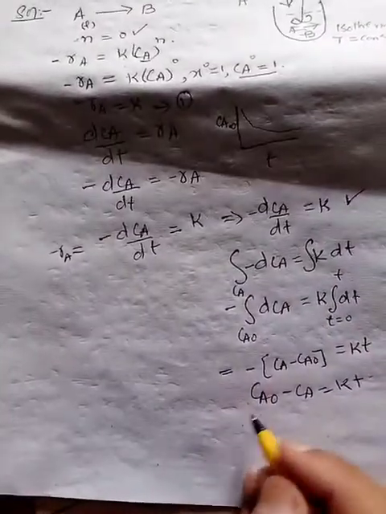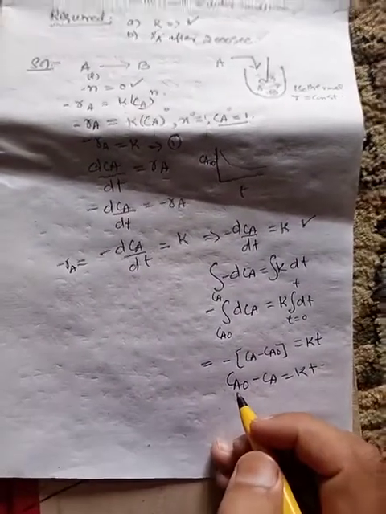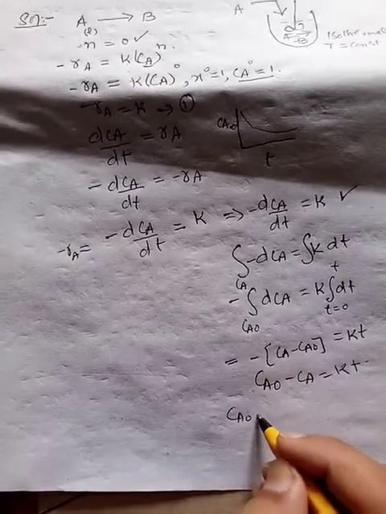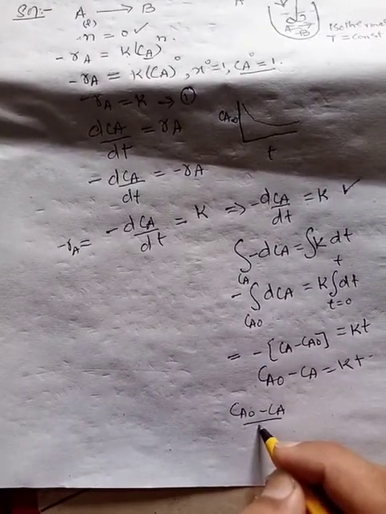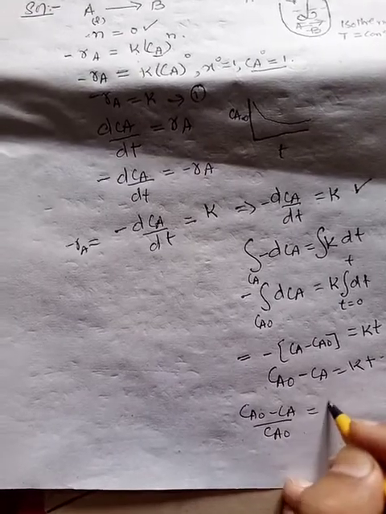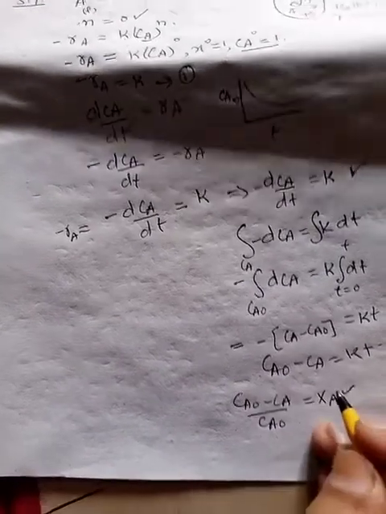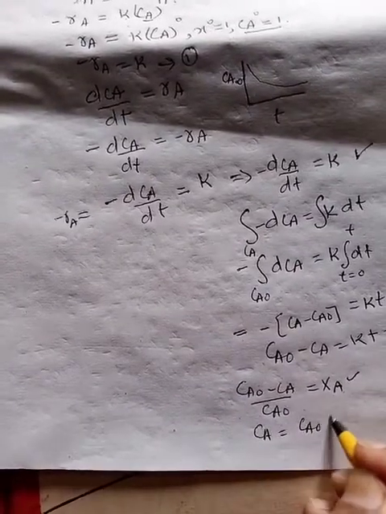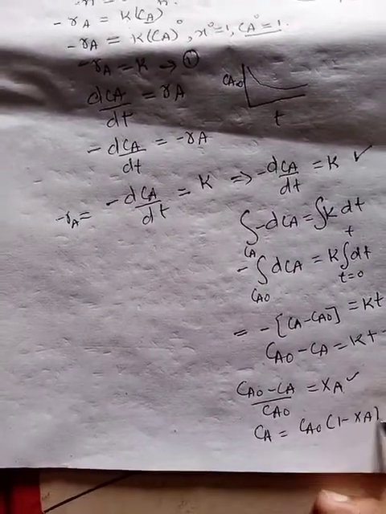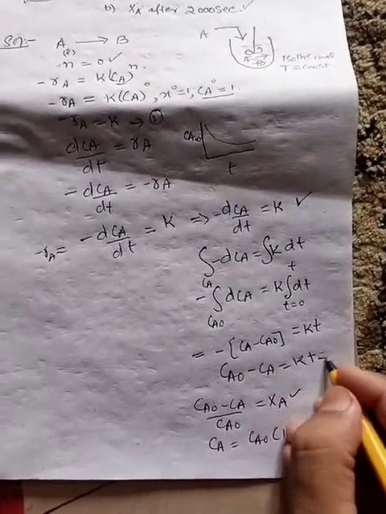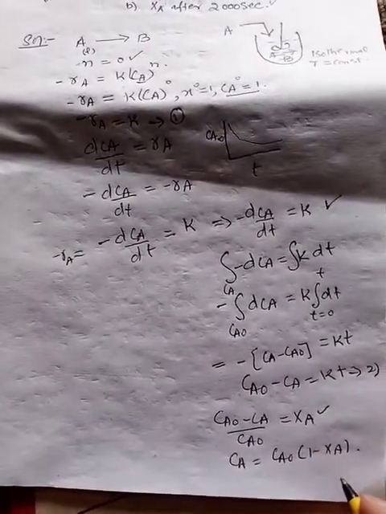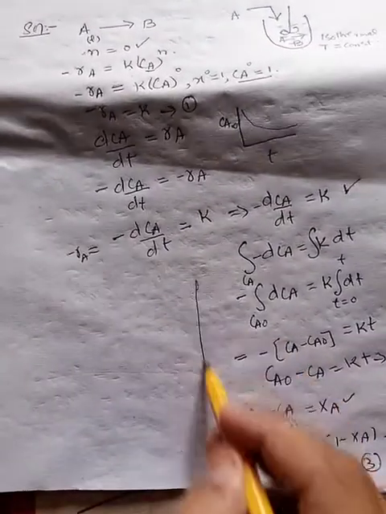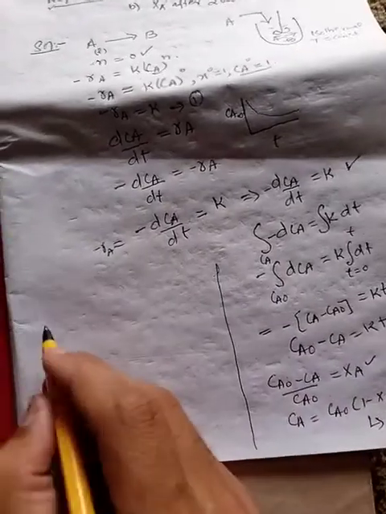Now we know that conversion and concentration are related by the relation Ca0 minus Ca divided by Ca0 is equal to the conversion of A. From this relation we can determine Ca. So Ca is equal to Ca0 into 1 minus Xa. Suppose this is equation number 2, and this is equation number 3. Put equation number 3 in equation number 2, we will get: